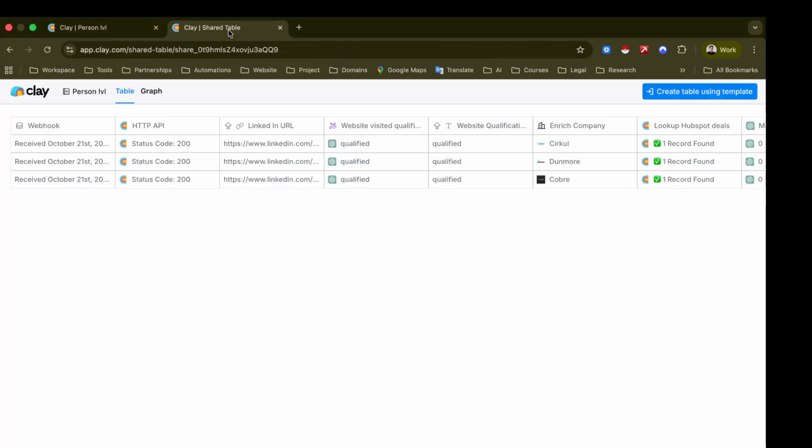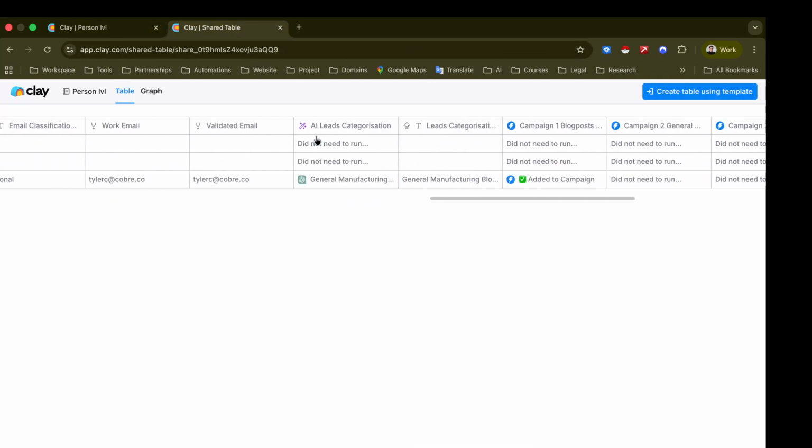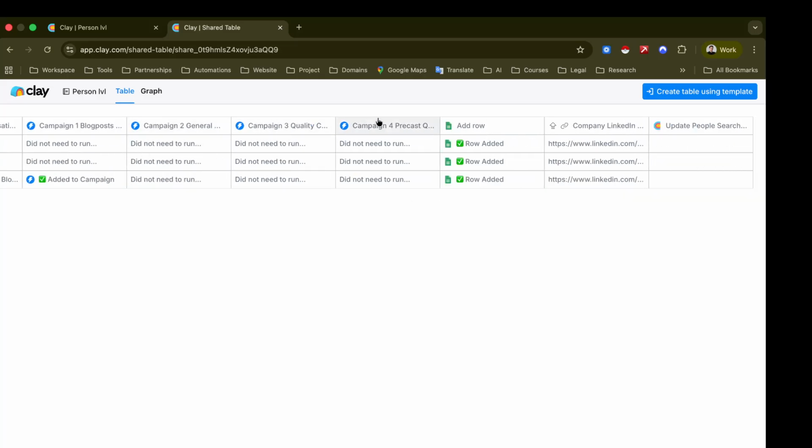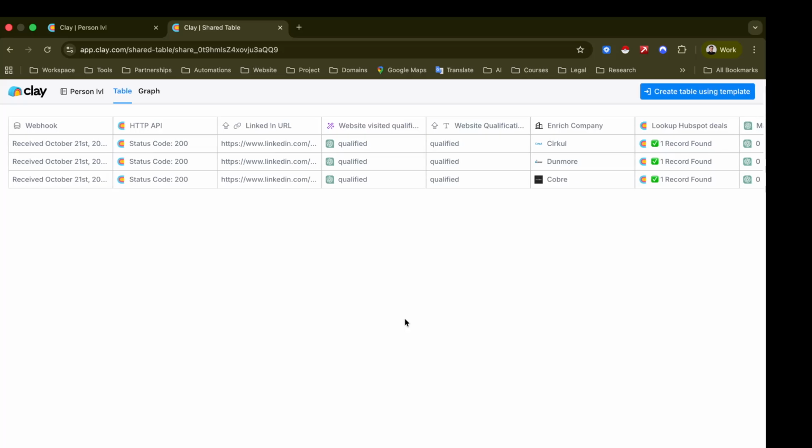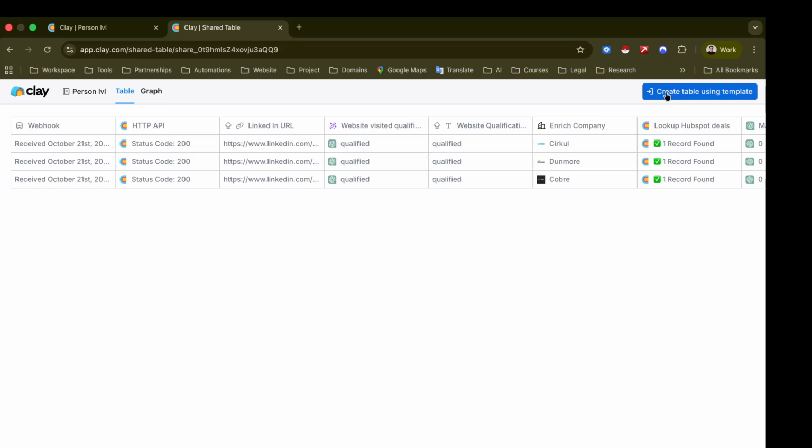So what you will get from me is this Clay table. It's a predefined Clay table, so you can use it as inspiration, or you can use it as a framework to be adjusted to your needs. You can basically click this button in here to create a table using a template. And yeah, that's it. That's the website visitor system